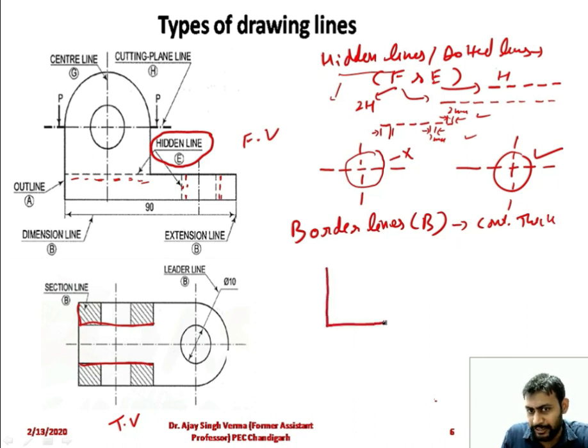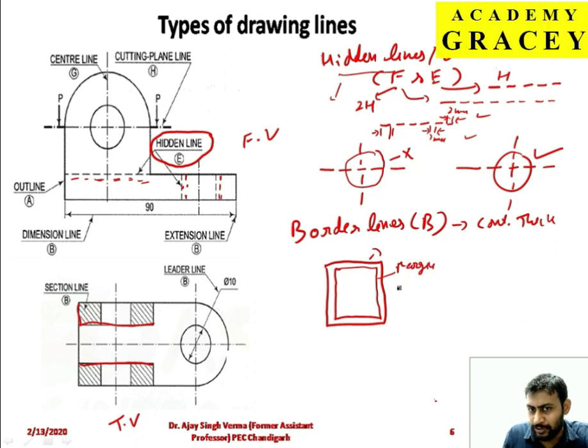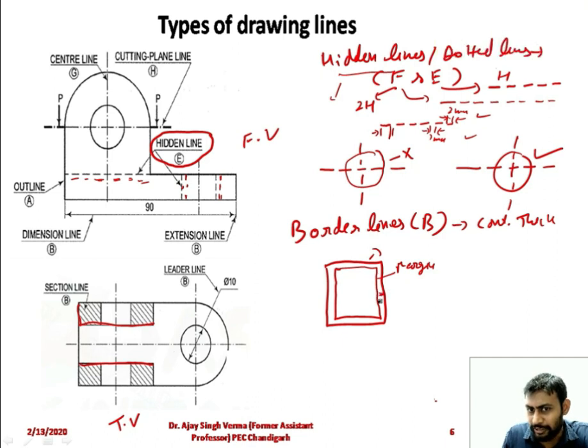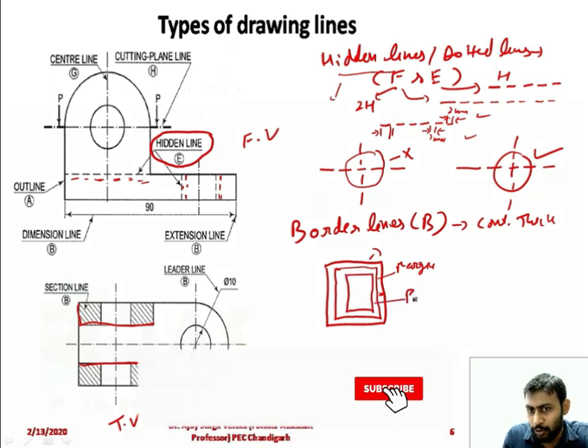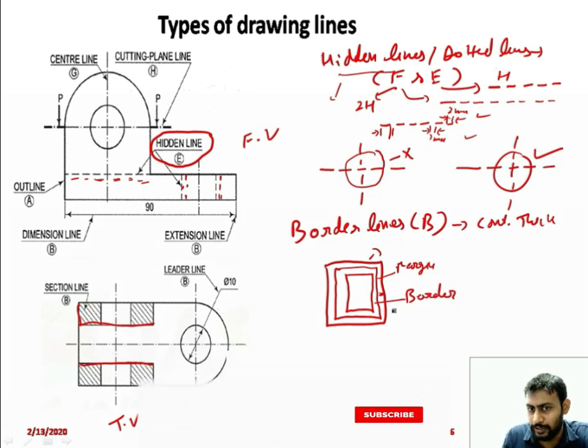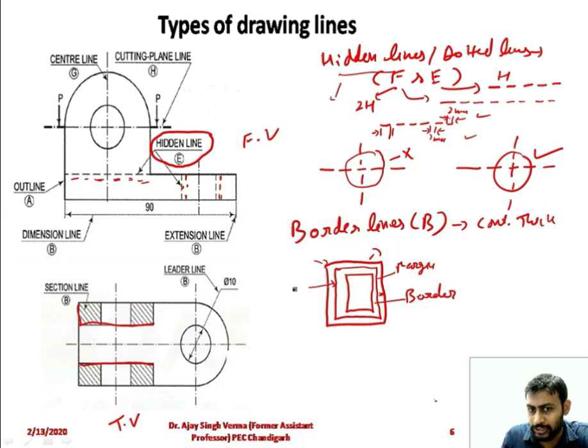Suppose we have a sheet. This is an untrimmed sheet, for example. From the untrimmed sheet, we will provide a margin. So this inside is the margin line. From the margin line, the prints are trimmed. The unwanted part we remove from the margin line. So from the margin line, we will draw a border line. Border line. Clear? So this is the untrimmed part, and this is your trimmed part.